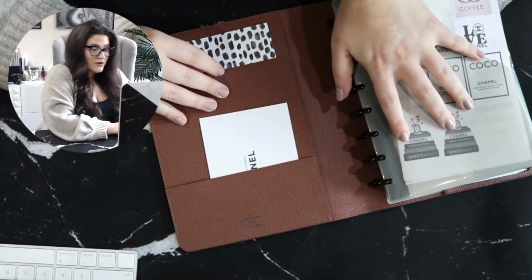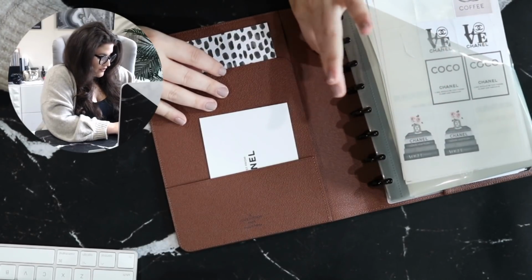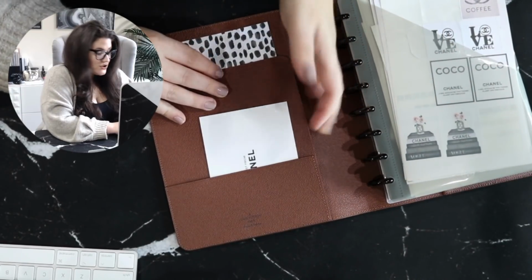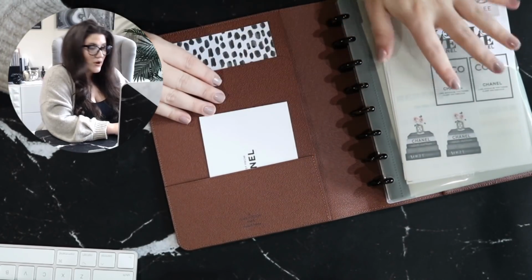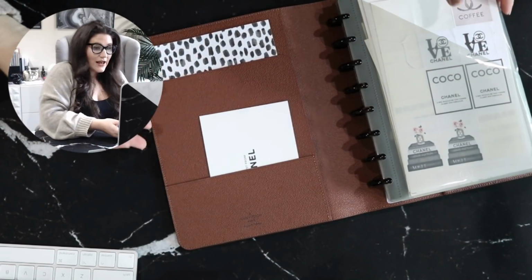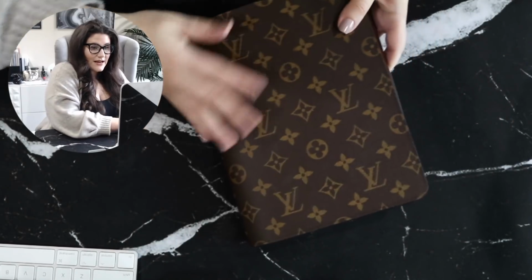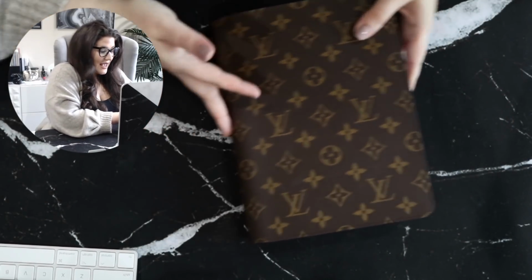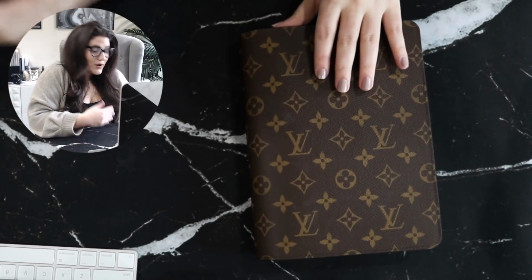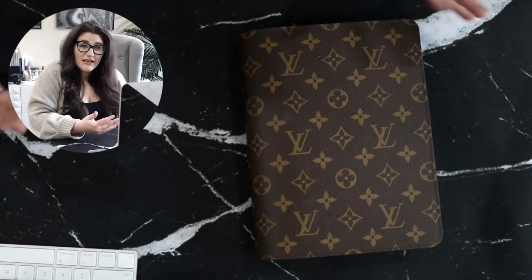So if you wanted to, I could really have been connecting that disc bound cover in here, or I can add another notebook if I wanted to. That's not what I need right now, so I'm not going to be using it like that for now, but this is literally how I have it set up, and it sits out on my desk, and it just houses all of my inserts when I'm done with them for the year,